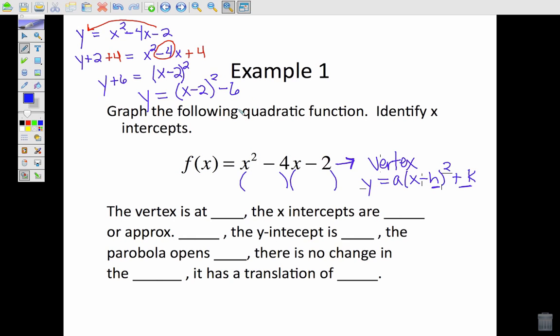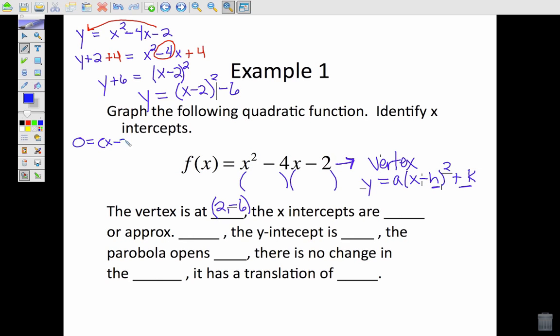So now we have vertex form, which means we know the vertex. You pull out your (h, k), it's (2, negative 6). Our next thing is we're going to find the x-intercepts. Well, we can find x-intercepts as long as we let y equal 0. You can solve for x if y is equal to 0. So you set your y equal to 0,